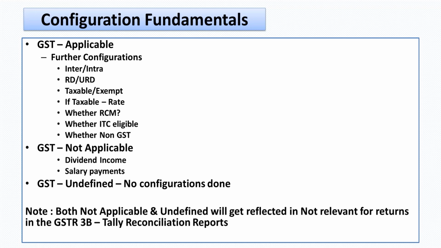So that is the configuration this provides. If I choose GST is applicable, it will allow me to do further configurations. Now, what are these further configurations? I can configure that ledger as inter or intra. Let's say I have a sales ledger which I've configured. Either I can specifically make it an interstate sales ledger or an intrastate sales ledger. Or if I simply want a single ledger called sales ledger, then based on the party GST number, I can let the system pick and decide whether it is intrastate or interstate sales.